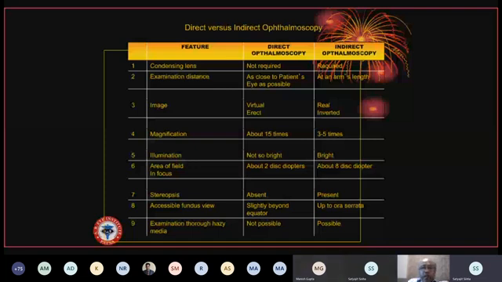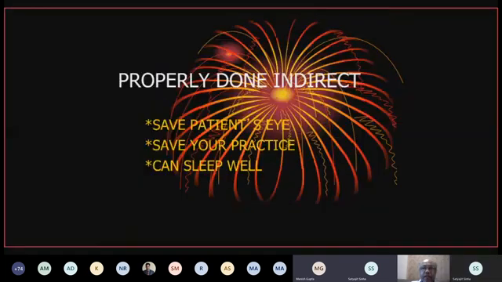So, ora serrata again on indirect ophthalmoscopy, the depression over there has to be very anteriorly. That means